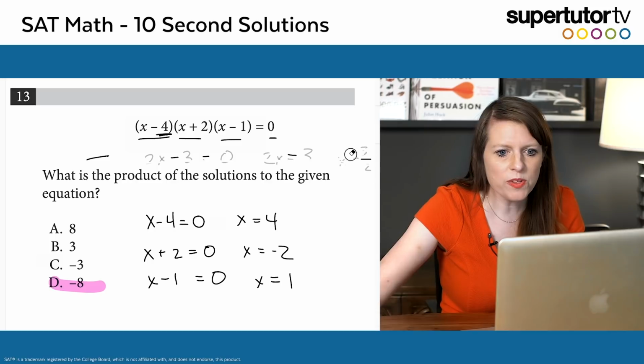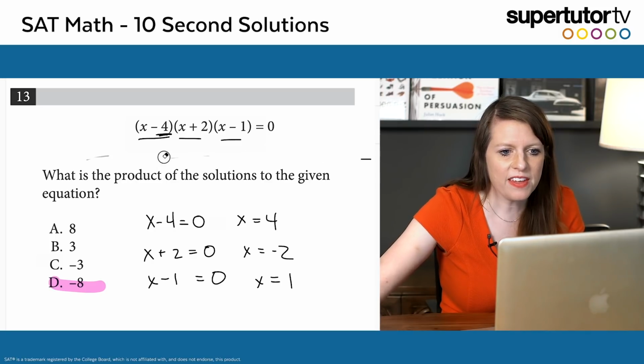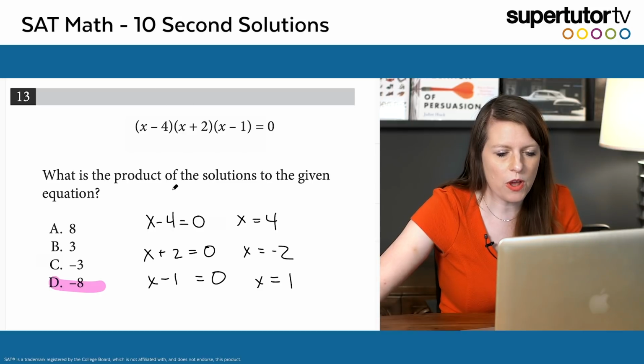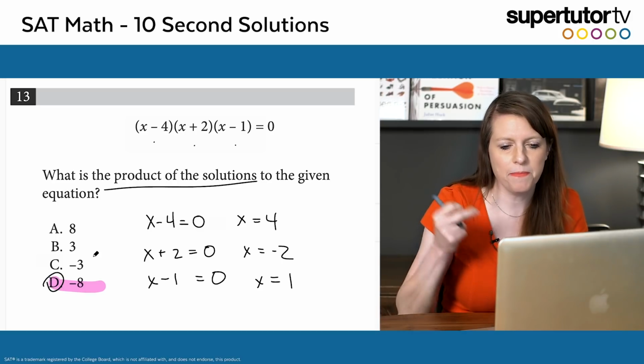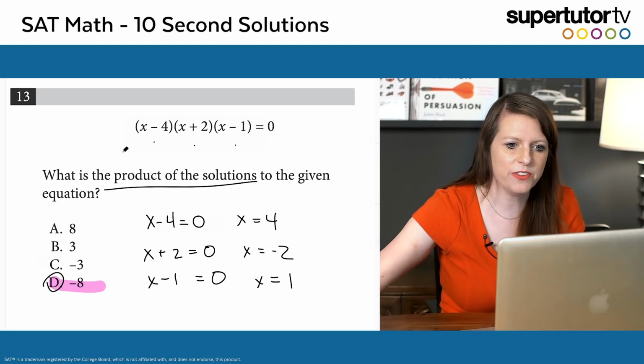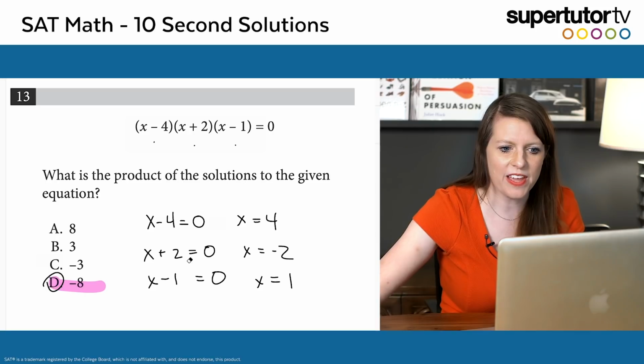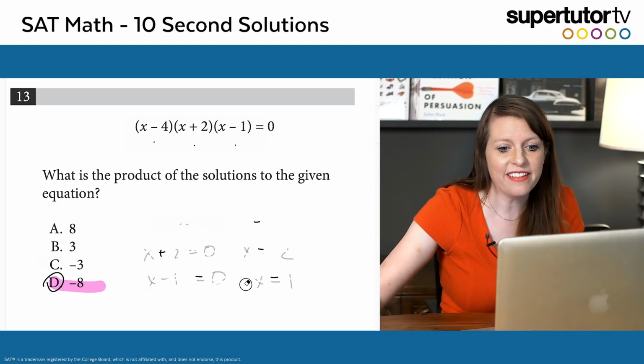So you can see this won't always work super, super fast, but in this case, it does work super, super fast because I can just go, oh, I need the product of the solutions. That's going to be 4, -2, and 1, and that's -8, and I'm done, right? Super fast, 10-second solution. Awesome. Hope you enjoyed that. Now, one more tip on this that also can help you get to 10-second solutions is